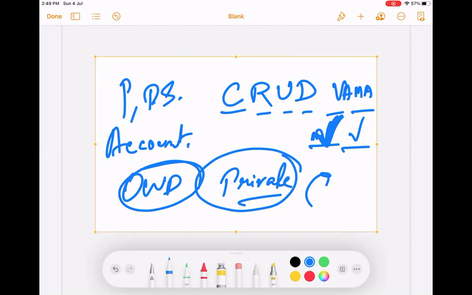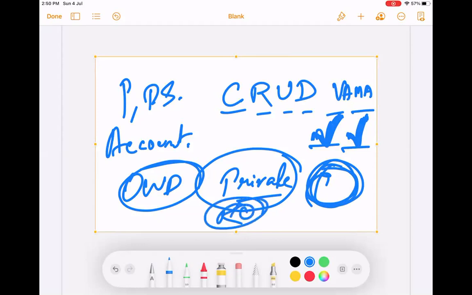Similarly, Modify All permission will only be possible if View All permission is there. So if a person has Modify All permission, even if the OWD is set to private, he can modify somebody else's record. He can view as well as modify somebody else's record. Same with read only. Even if it is read only, he will still be able to modify. That means I can bypass OWD if View All and Modify All permission is there. How can I see this?